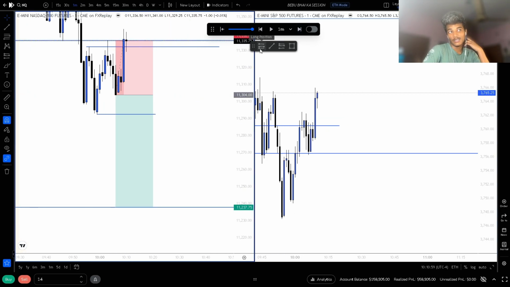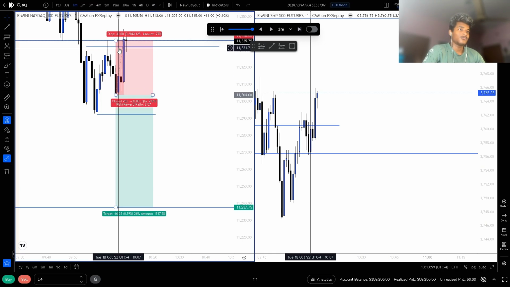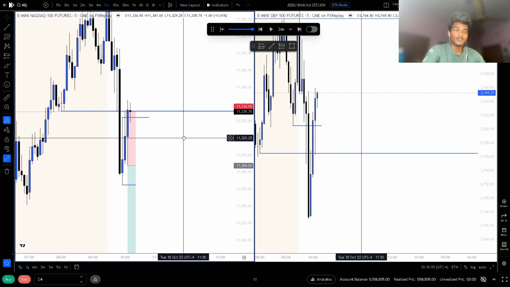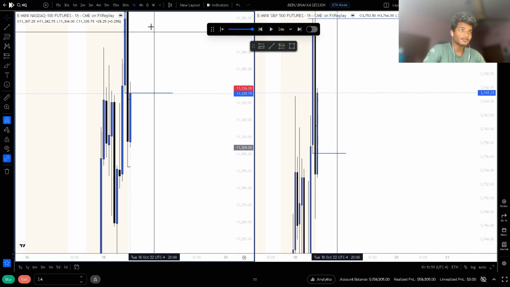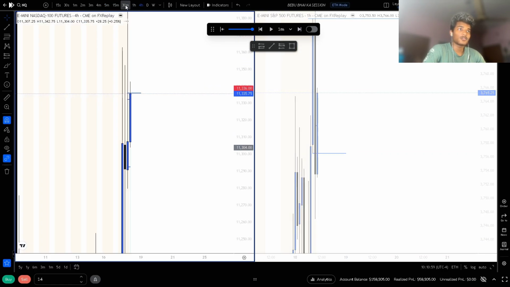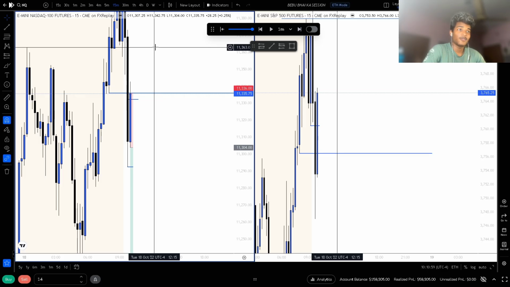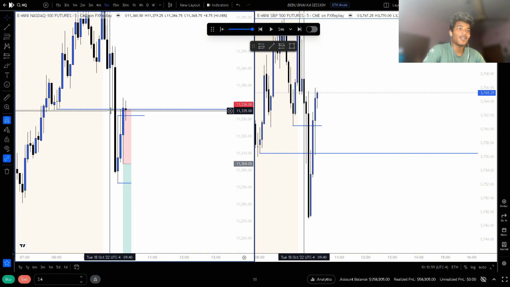So market wrecked my stop loss, guys. Why the setup failed? I actually don't know, but 1 hour was also bearish. 4 hour was also very bearish. 30 minute was also bearish. 15 minute is also bearish. So why the heck did this setup fail? We inverse this 5 minute gap as well.